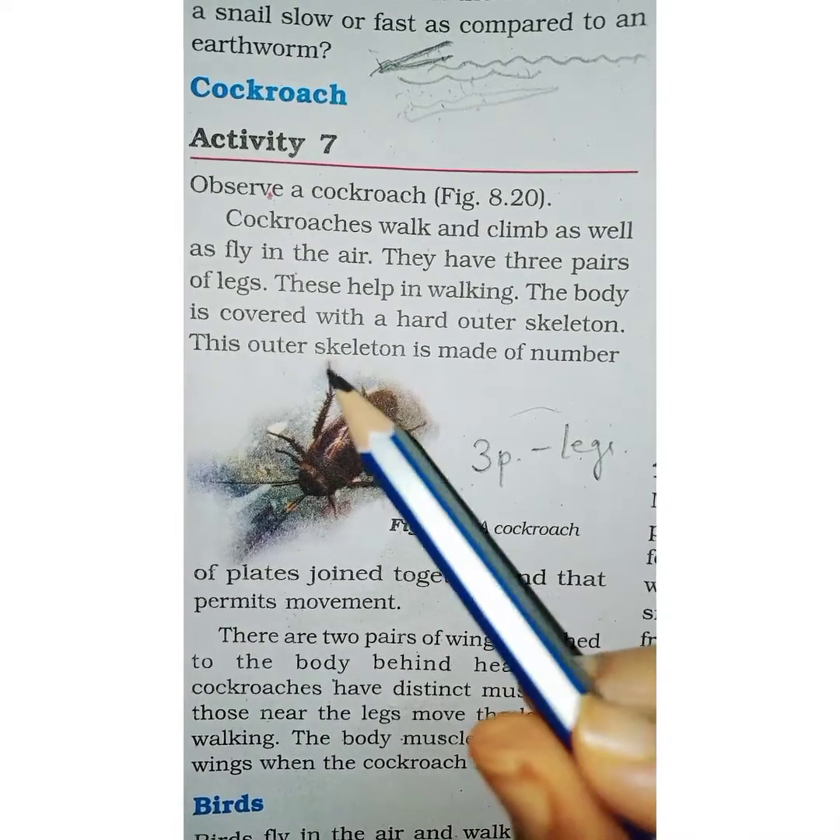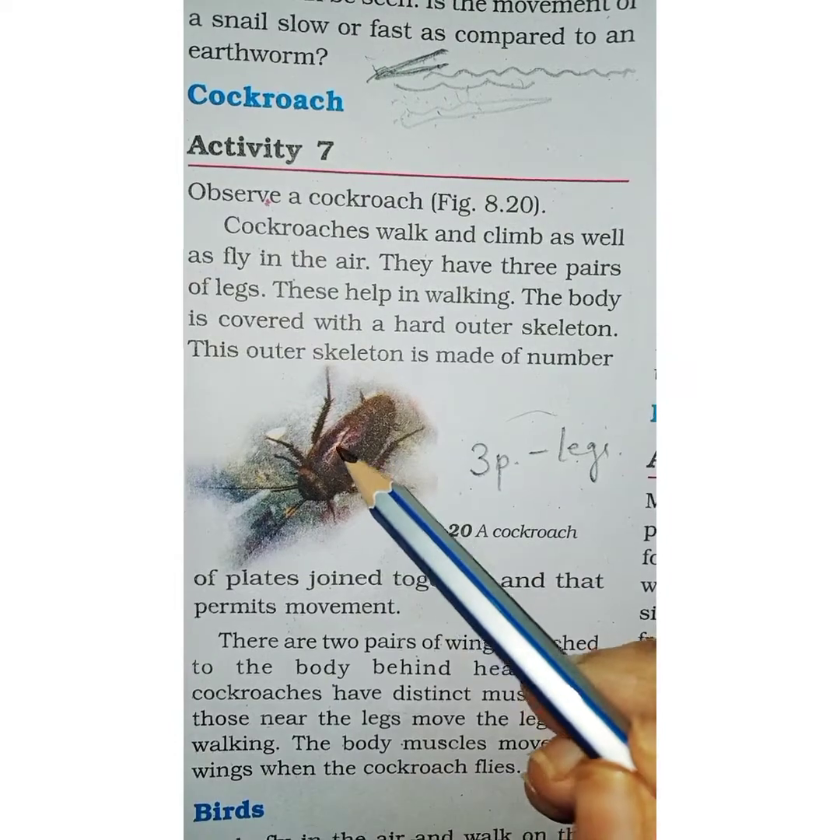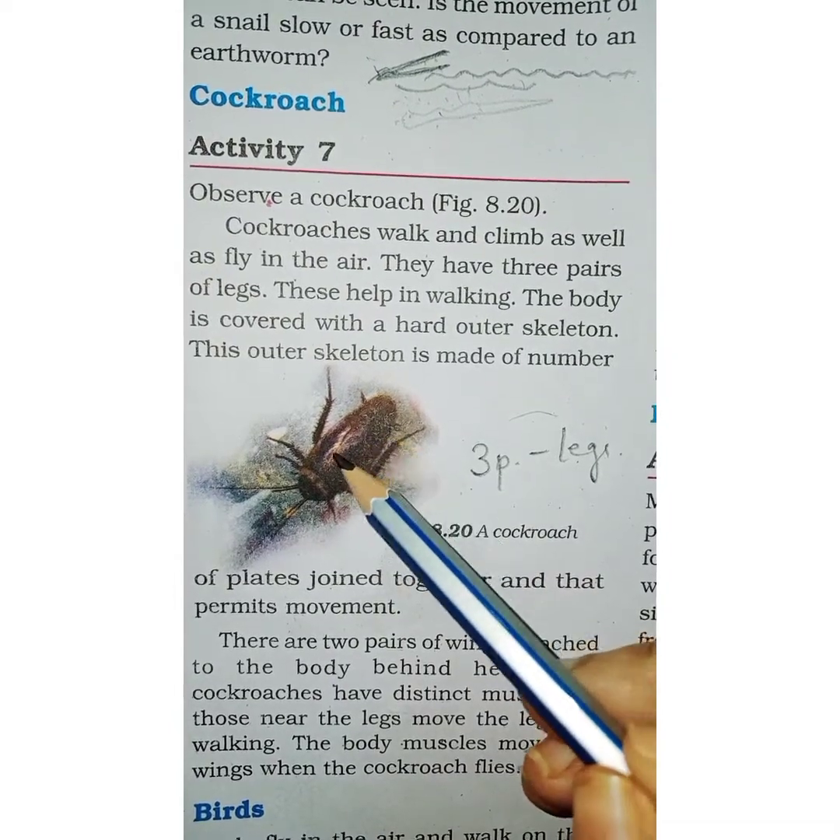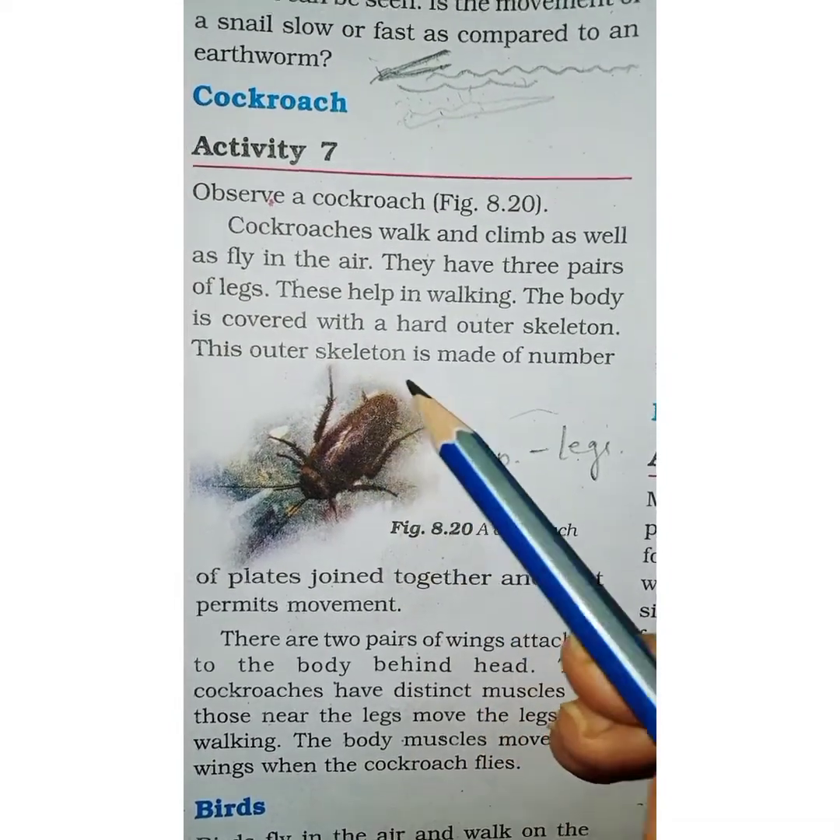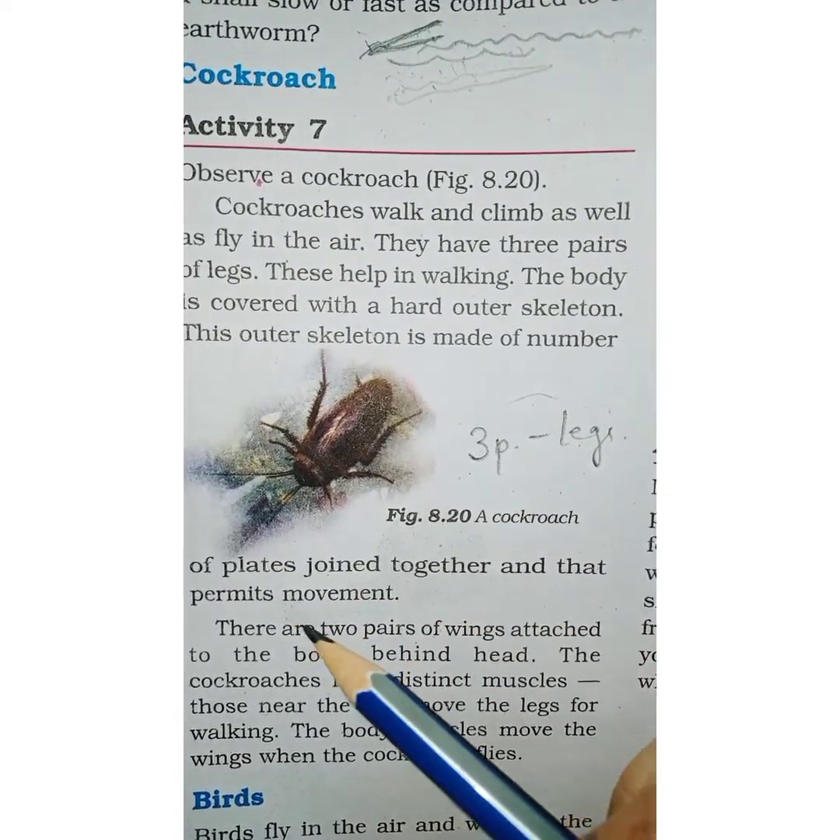And the body is covered with a hard outer skeleton. So this is nothing but the harder outer skeleton. This outer skeleton is made up of a number of plates joined together, and that permits movement. As you can observe carefully,